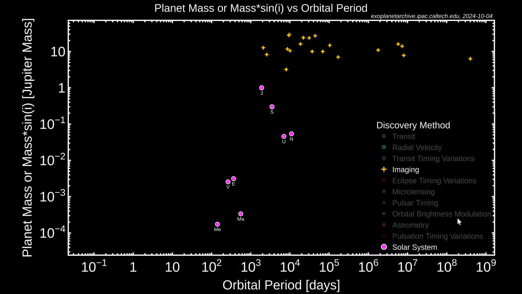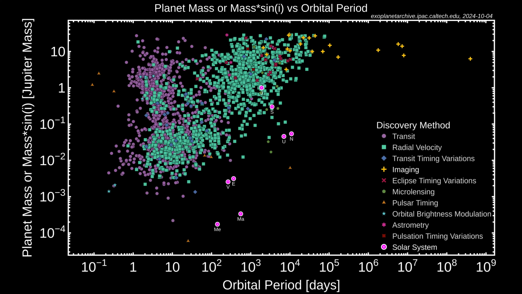Okay. So the diagram. This is, of course, the exoplanets. This is all the exoplanets that we know of that we have discovered, plotted with their mass on the y-axis and their orbital periods on the x-axis. Always have to start with this plot because it's important to get a context of what we're looking at. What part of this space are we looking in? And specifically with